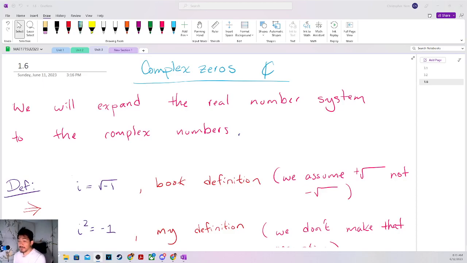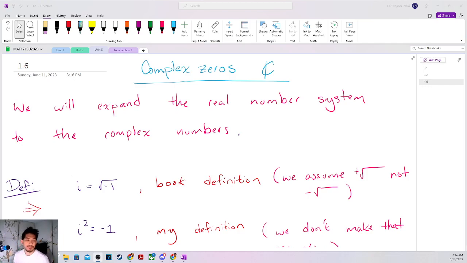So for this interactive video, we're going to be talking about the complex zeros or complex numbers in general. If you notice, we're on chapter 1.6. We're on unit 3, but we backtrack all the way to chapter 1 because I originally did not have this in chapter 1, because it aligns more in unit 3 than it does in unit 1. So we're going to take the real number system and expand it to something called the complex numbers. What I mean by that is that we're going to have a system that has all the real numbers